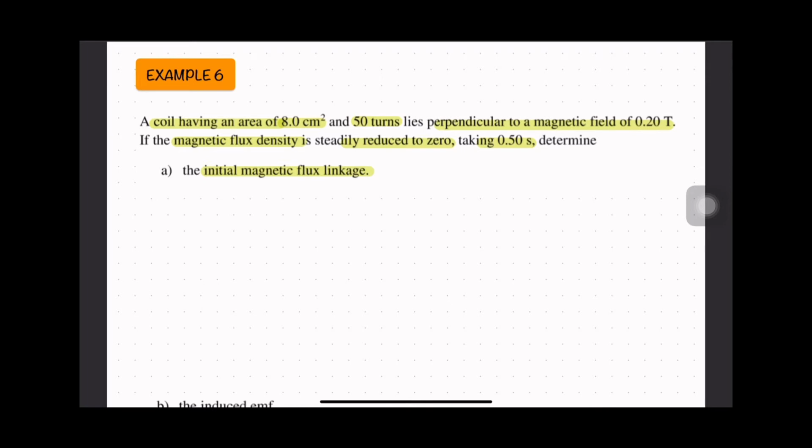Okay, so dia kata kat sini coil having area lies perpendicular to the magnetic field. Magnetic field B and the coil lies perpendicular like this. This is the coil. Okay, vector area A is like this. So the angle theta between vector A and B is 0 degree. Okay, the initial magnetic flux